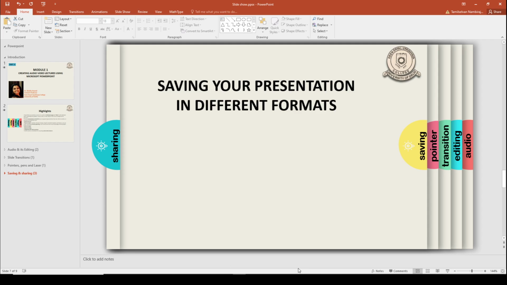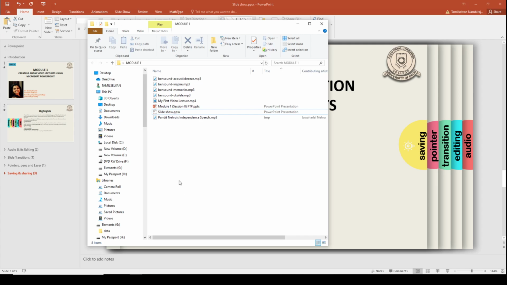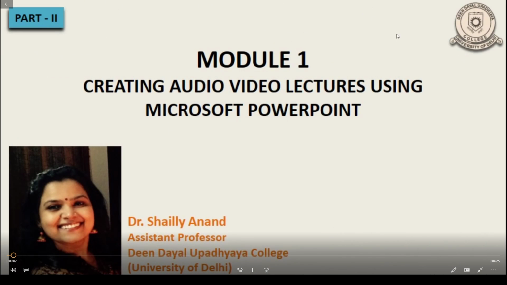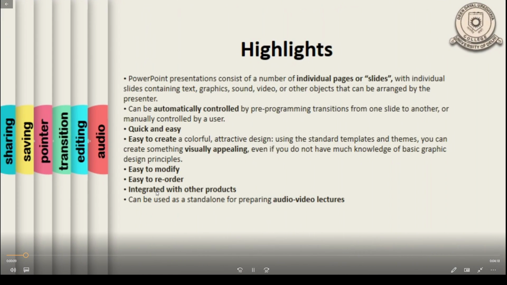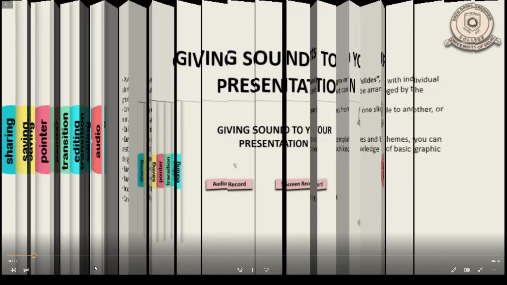Now you can see that the progress bar has vanished below this slide, so that indicates that my video file has been created. So let's have a look at how our video looks. Again to the folder where I had saved it. We had saved it by the name my first video lecture. You double click on this. It opens with the Windows Media Player. So here you can see how it is playing like a video. Right? Let me scroll through it.